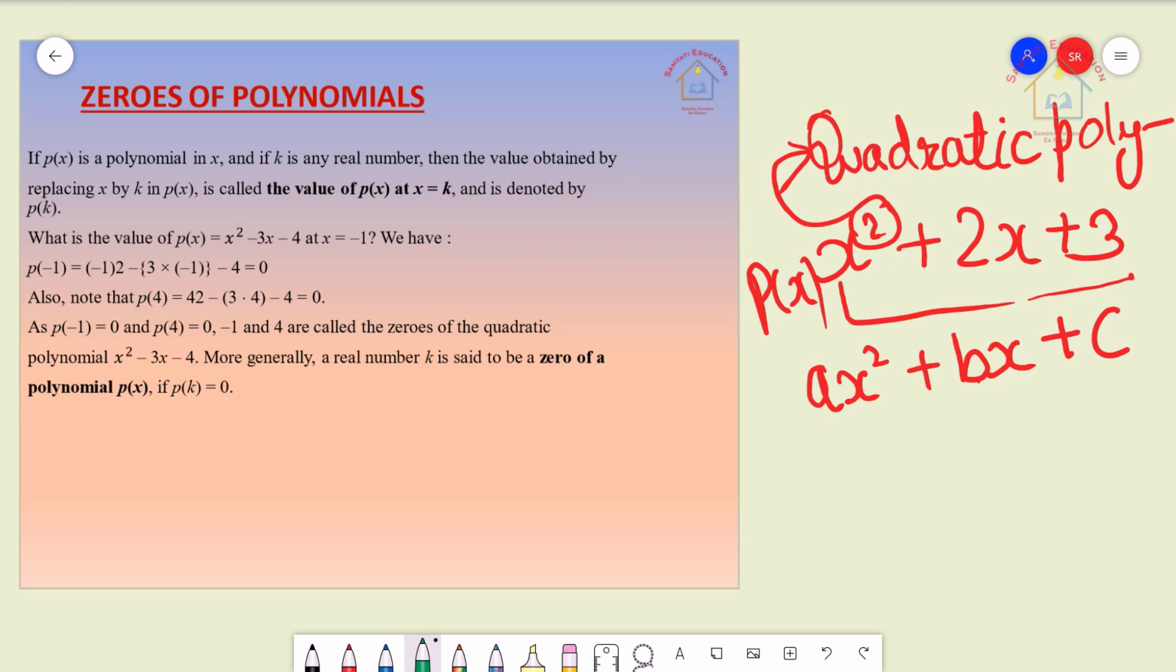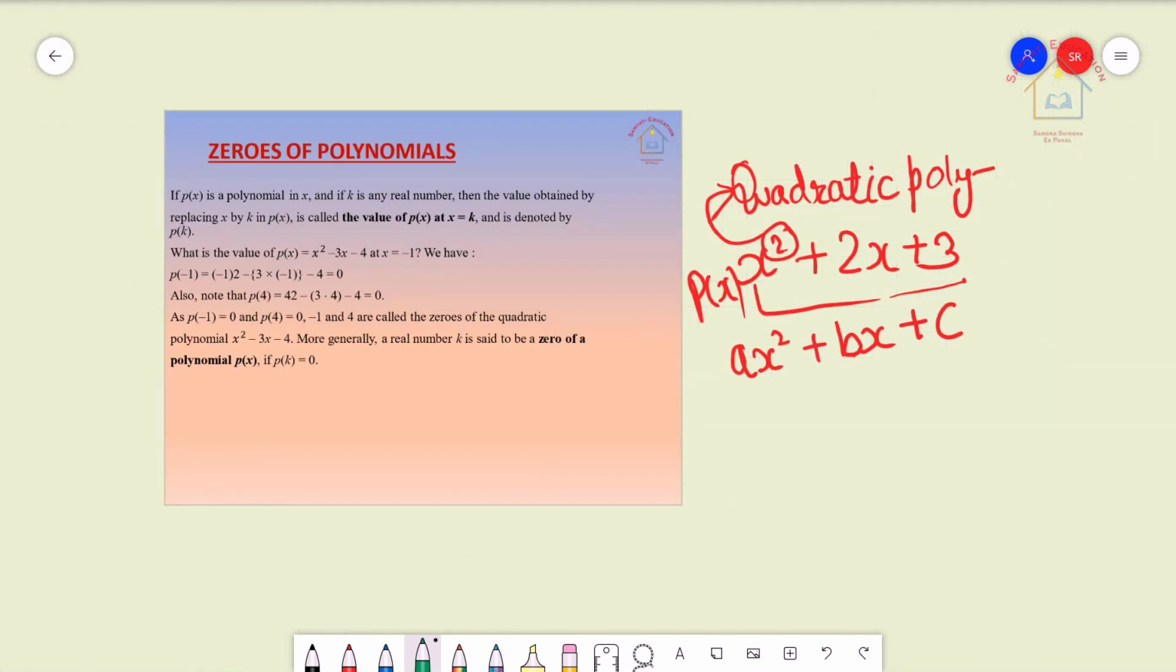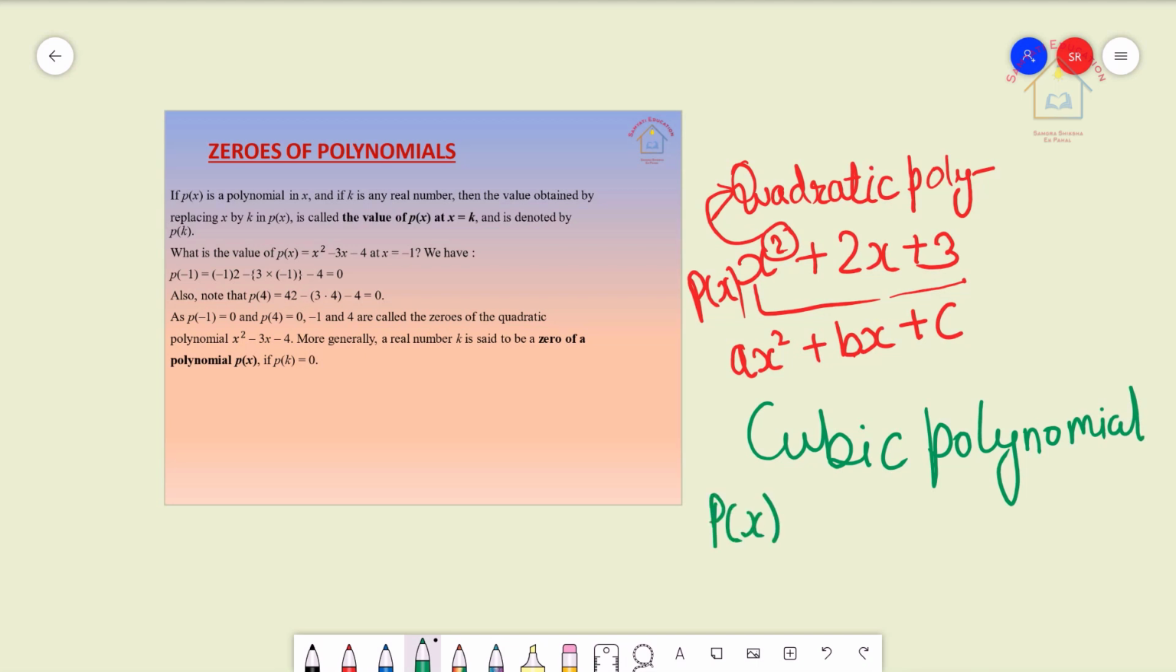Similarly, if we talk about cubic polynomials, a cubic polynomial is one whose degree is 3, that means the polynomial with highest power 3 is a cubic polynomial. Any polynomial like 3x cube